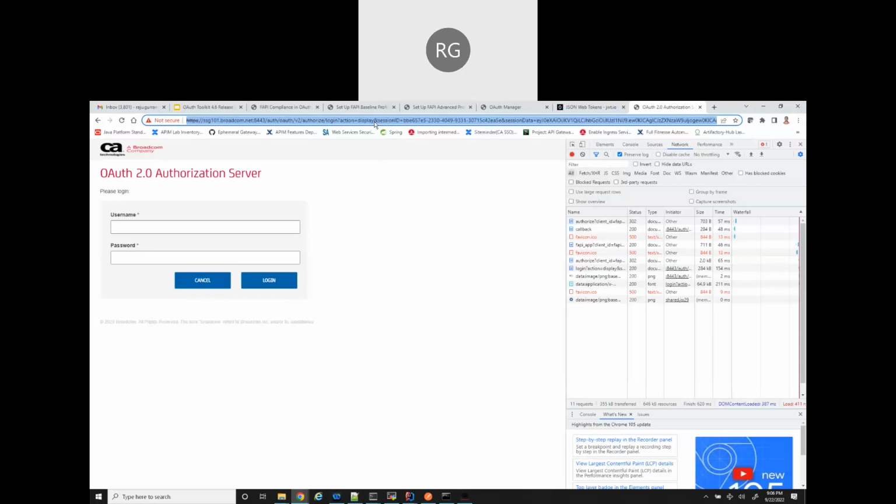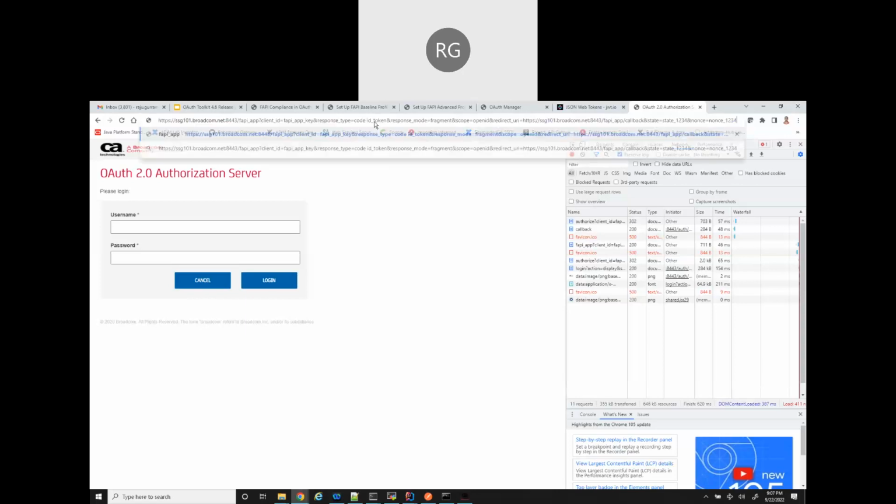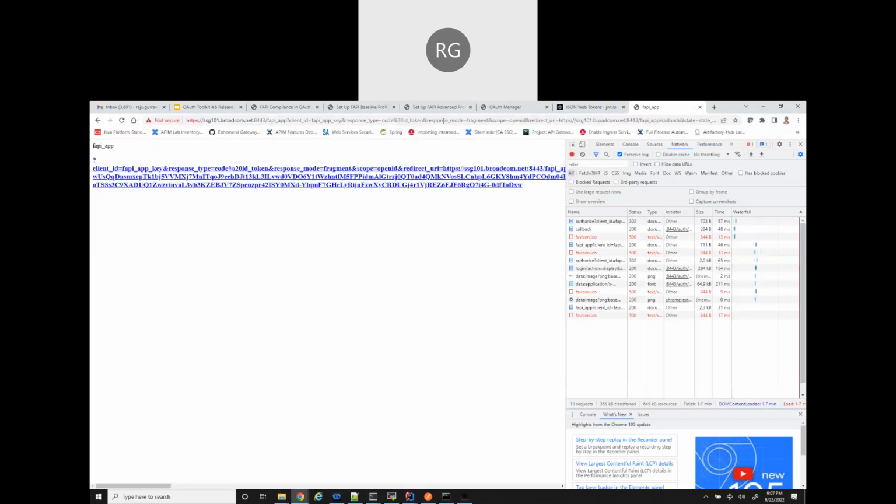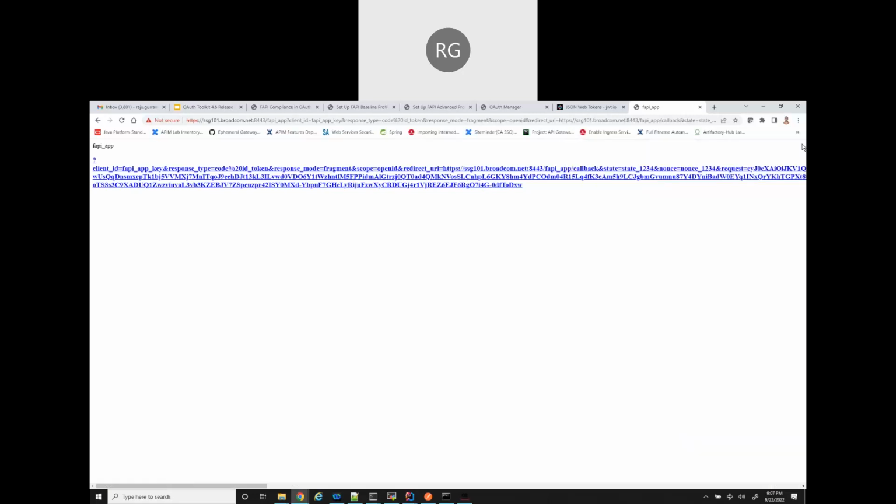So I'm making the same request again. And if you notice, I'm using the response type code and ID token. Response mode is fragment. And I got this one. It looks to be a little bigger, right? The reason was it composed a request object for me. So let me close this. The request object basically contains,